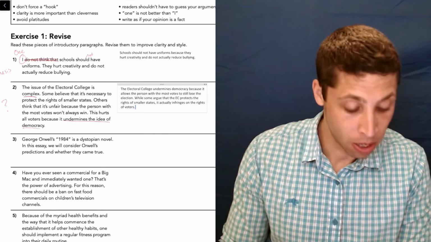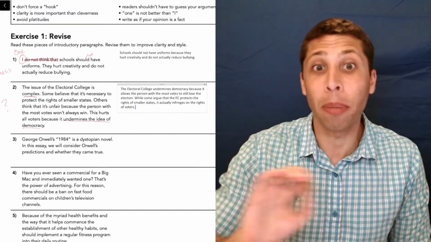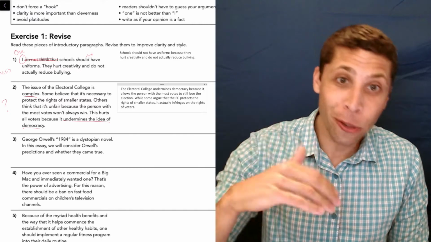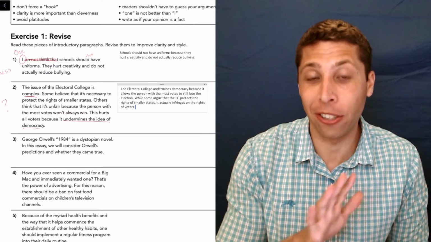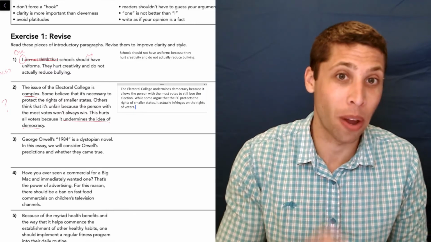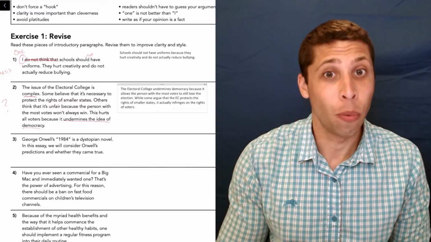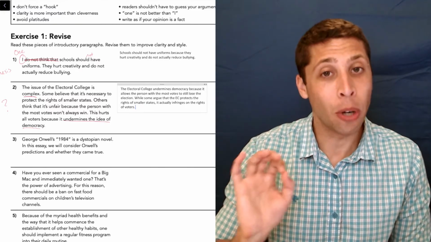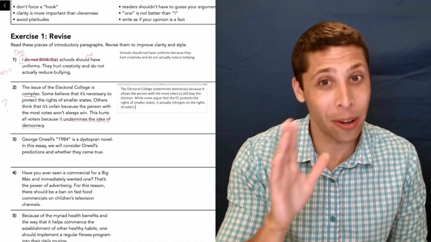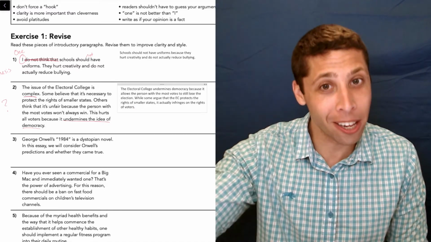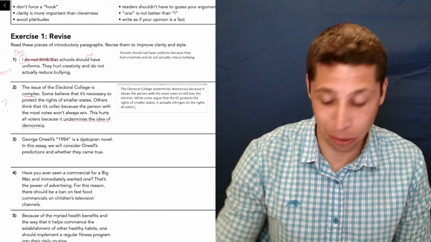There you go. Right? So if I am going to acknowledge the other side, if I am going to acknowledge the complexity of the issue, I'm going to do it in a way that still makes it really clear what I think. Right? I don't want the reader to have to guess, and I don't think the reader is going to come away from this version of the introduction unsure of where the rest of this essay is going. We will acknowledge other points of view, but only to make sure that we strengthen my own point of view. Okay, that's what a counter-argument is supposed to do. You acknowledge the other side so that you can strengthen your own side. We don't want to give other people credit.